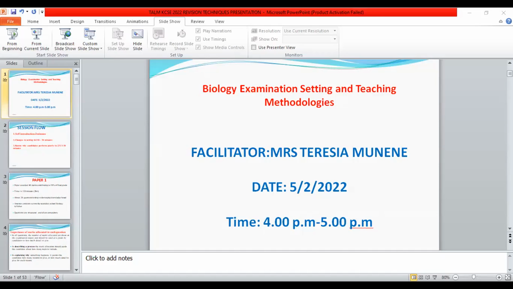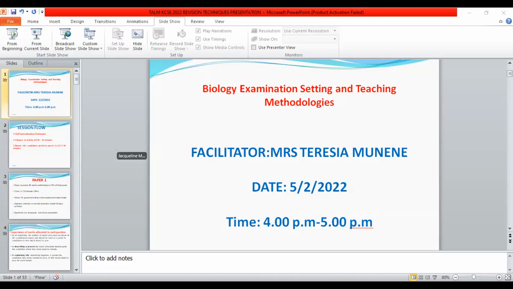You will find them even trying to test on very simple diagrams, which of course have been obtained by use of our simple gadgets like the smartphone. For example, in 2019, in Biology Paper 1, number 17, there was a photograph of two animals, and the students were told to explain the possible reason for the differences in the length of the fur.